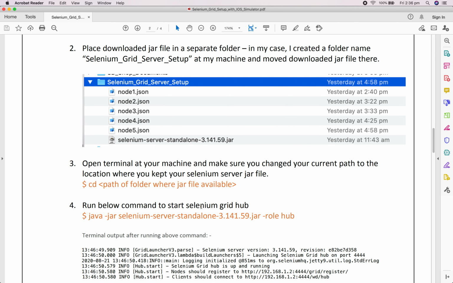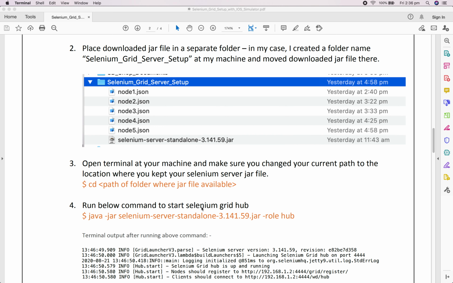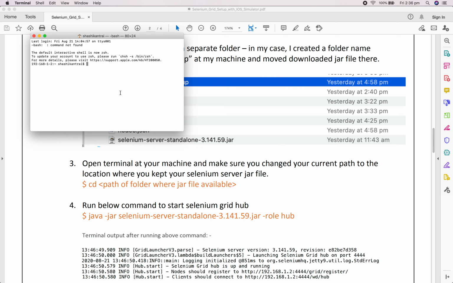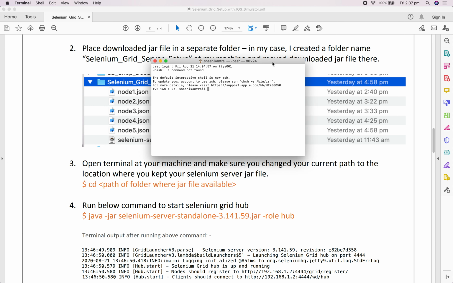Once you have done this, open the terminal on your local machine, and make sure you change your current directory to where you kept your jar file. In my case, it is placed under Selenium Grid Server Setup, so I will move to that particular path.